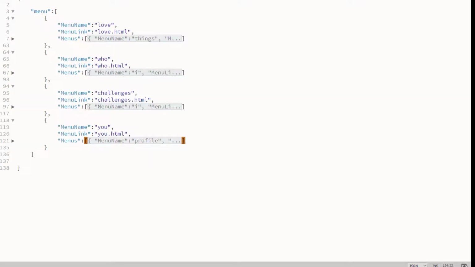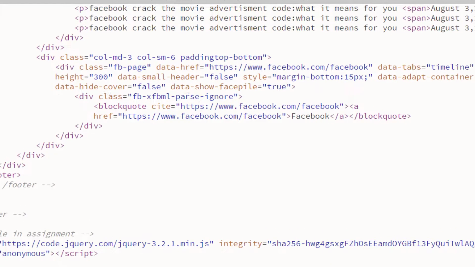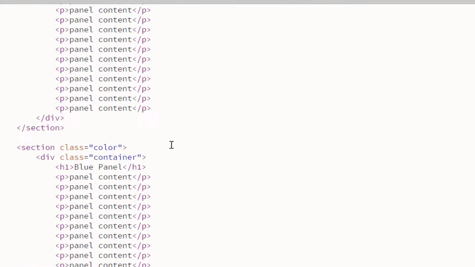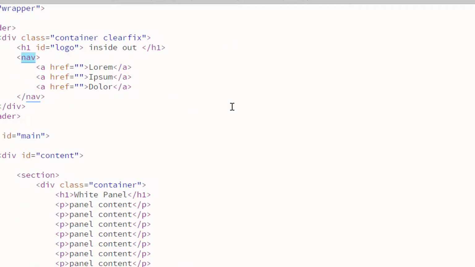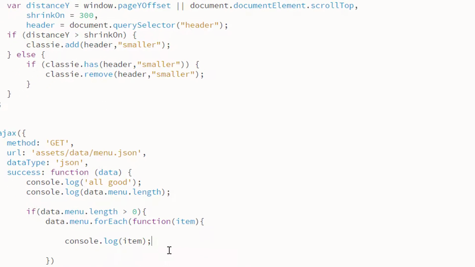So now that we know that information's coming in, we want to see what we can do with it. We might as well go out here, find the menu, which is our nav. For now, all we want to do is tell it to create one of these, right? To create a link. So we can go back in here,